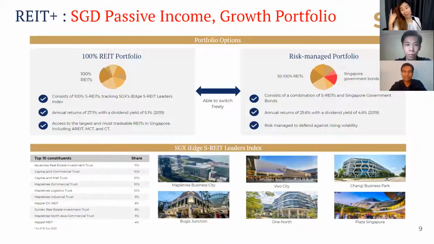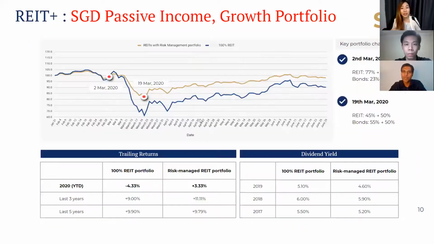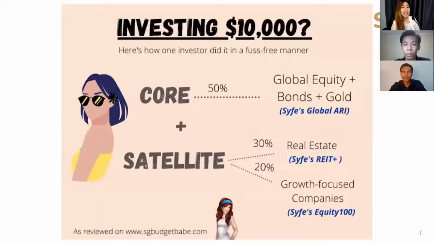Okay, so now that we've got that out of the way, we'll go on to your next one, which you asked, how would I do it? Let's use a scenario of $10,000, because when I first started investing, I had a sizable sum, $20,000 to be exact, saved up. I did active picking in the beginning, but that's because when I first started investing, robo-advisors were not really a huge thing. Syfe didn't even exist back then. Maybe if it did, I would have taken a completely different approach. So I did active investing, and I learned all of my lessons.